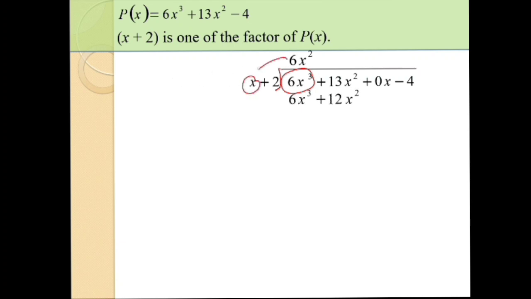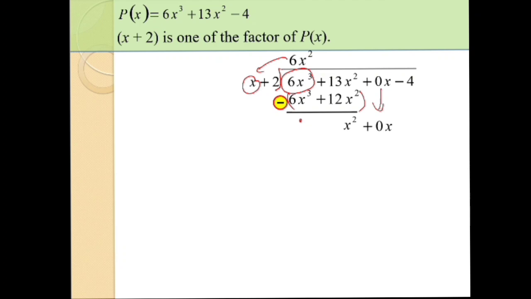Multiply 6x squared with the terms 1 by 1. 6x squared times x is 6x cubed. And then 6x squared times 2 is 12x squared. Subtract these two. Make sure you write your brackets there. The first term must be 0. And you're left with x squared. Bring 0x